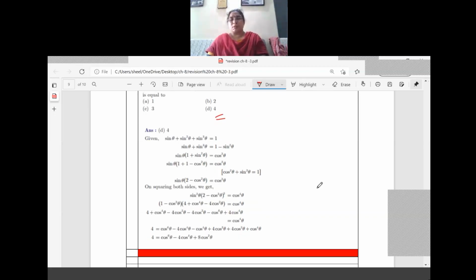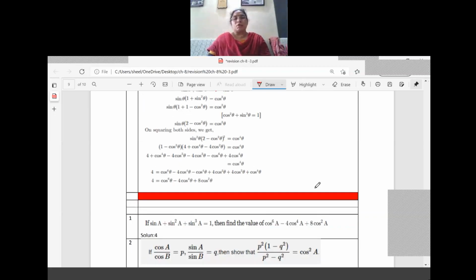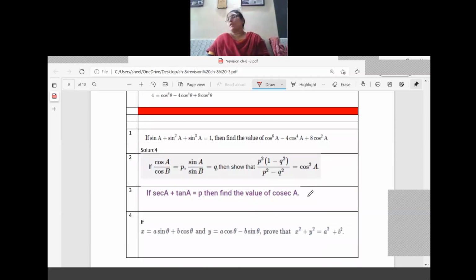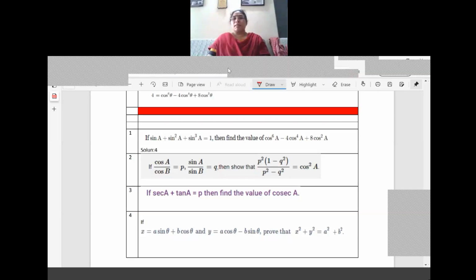I'll show the steps. Now the last slide I'll show has the questions from the board papers. These are the board paper questions. Time is less, that is why I'm showing like this. So go through that one, take a picture of that one, and I think before the exam you will not get any other classes, so practice these questions. So with this, today's class I'm winding up. Thank you.